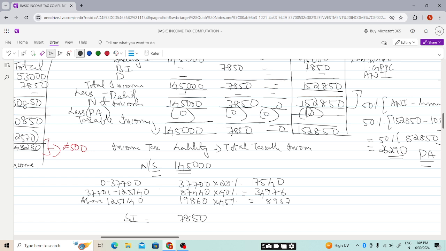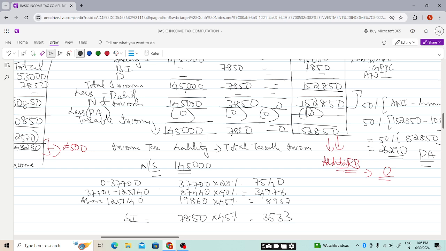Now we need to see the nil rate band. For the nil rate band, we will see whether he is a basic, higher or additional rate taxpayer. As the taxable income exceeds 125,140, he is an additional rate taxpayer. His taxable income is falling within the additional rate band. Additional rate band means, what is the nil rate band available? That is 0. So our savings income will be taxed at 45%, as already we have used our basic rate limit, higher rate limit, and now we are in the additional rate band. So it will be